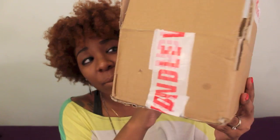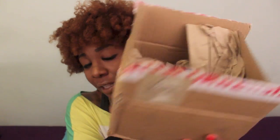But they came in this simple box, if I didn't already show that. And of course they had the paper in it, so make sure that your shea butter is intact. And so basically when I got the shea butter, I was a little taken aback,